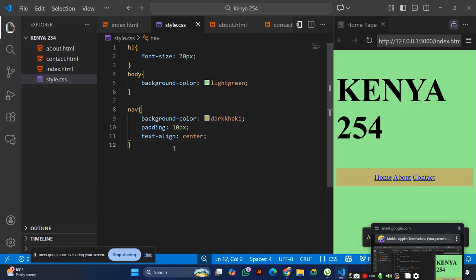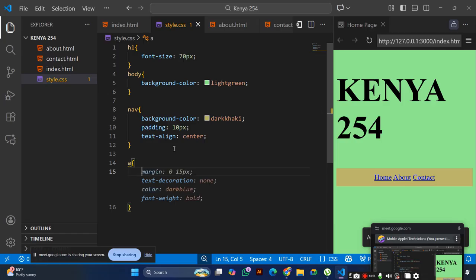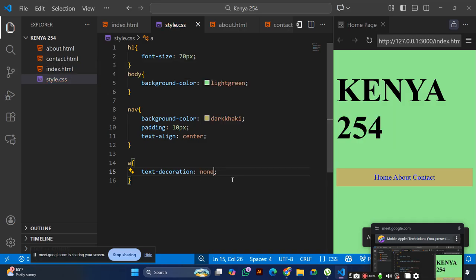Now let's target the A tag. So you can make the A tag to text decoration none. Text decoration none, so that you don't have the underlines.